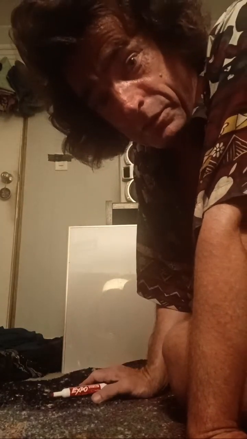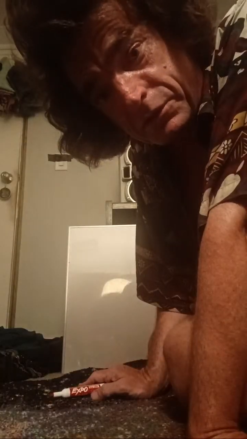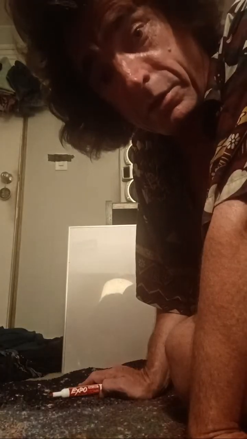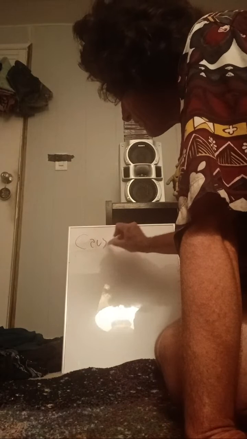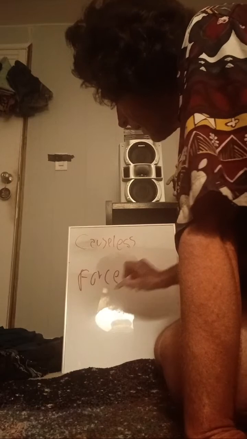Now, remember our first three letters were causeless, force, and creation. Which one am I going to apply first? I'm going to do the Bible-based one first. That's 1B, okay? Bible. The other is 2B, Big Bang. I'm going to do Bible first, just because it occurs to me that might be the best way to do it. Bible includes all three letters, C, F, and C. Let me explain. We have causeless, that's the first C. We have force, that's the F. And we have creation, that's the second C.